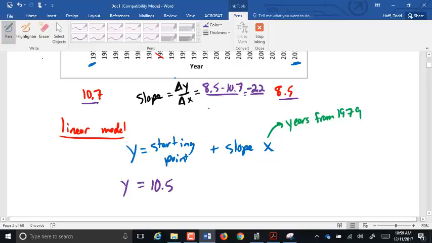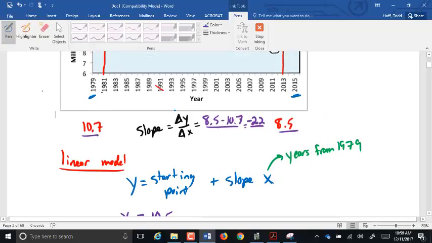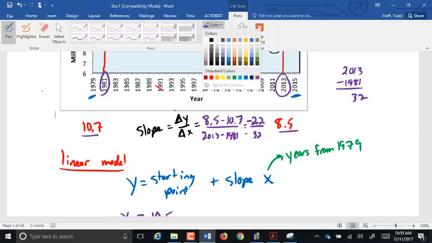Our change in x, well, we went from 1981 to 2013. How many years is that? Looks like 32 years. So it's a negative 2.2 over 32,